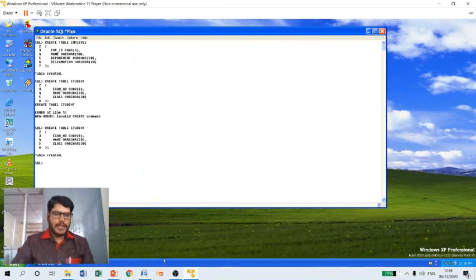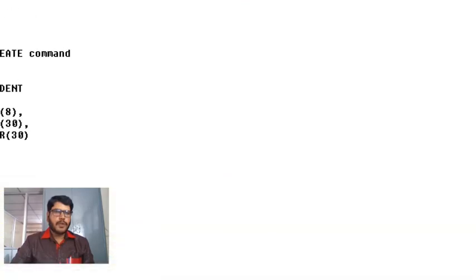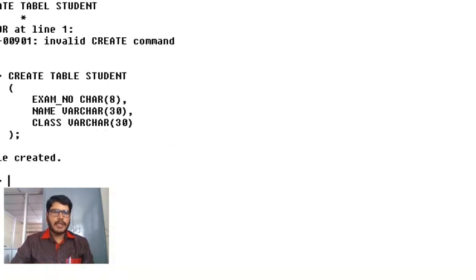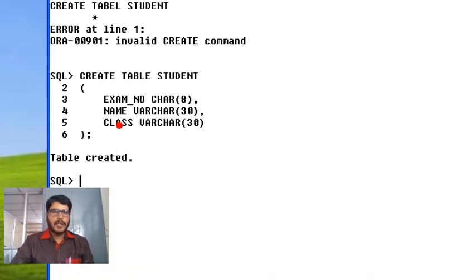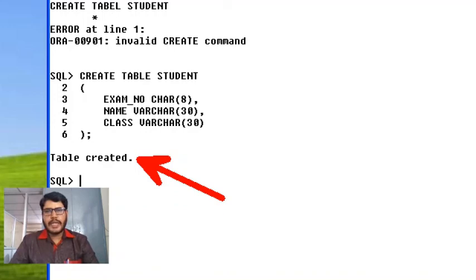So now you can see here when I entered table spelling correctly, you can observe everything is fine here. So now it has created this table structure, as you can see the message. So this is how we need to create a table structure in Oracle. So in the next session, we will be discussing how we can implement constraints while defining the table structure. Hope you have understood.